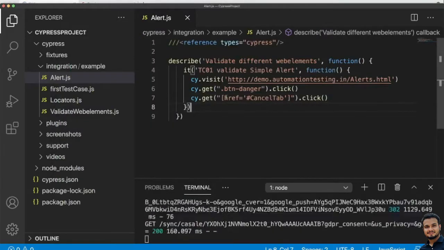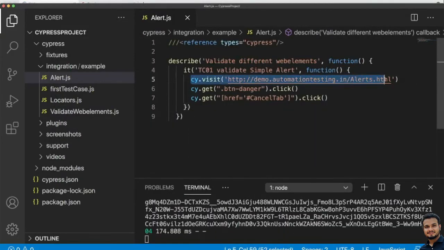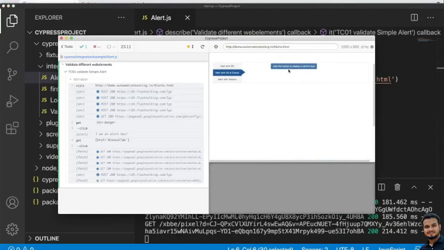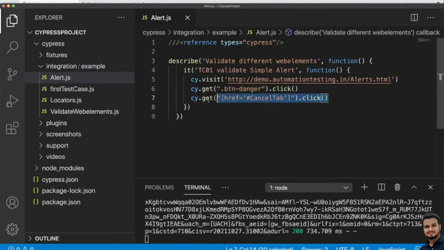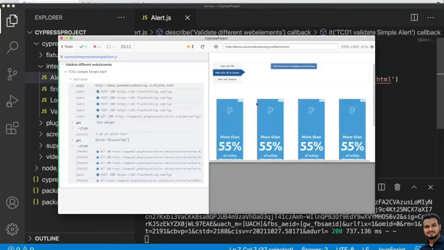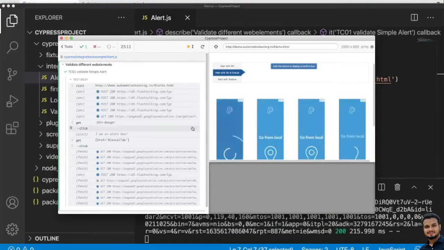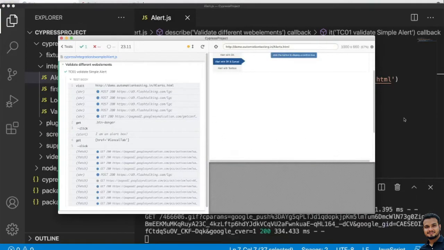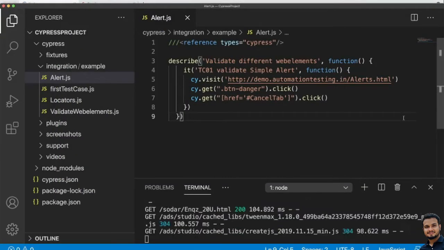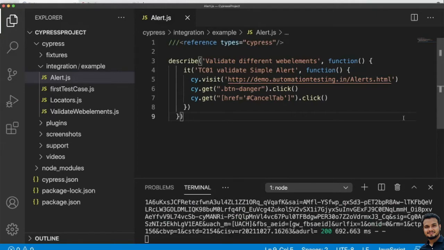In the code, the first line visits the website, then it clicks on the simple alert, and this one clicks on the confirmation alert. Whatever alert we get is auto handled by Cypress. That's why I told you that you do not have to write anything specifically when handling an alert through Cypress, but that is only for a simple alert.